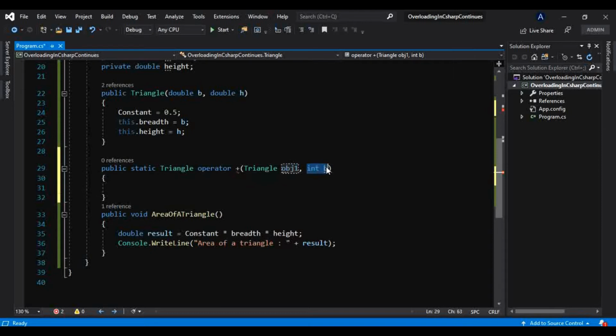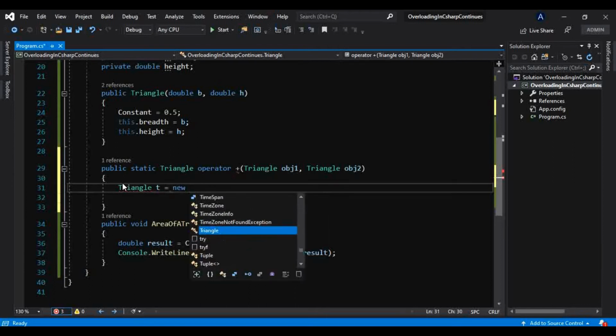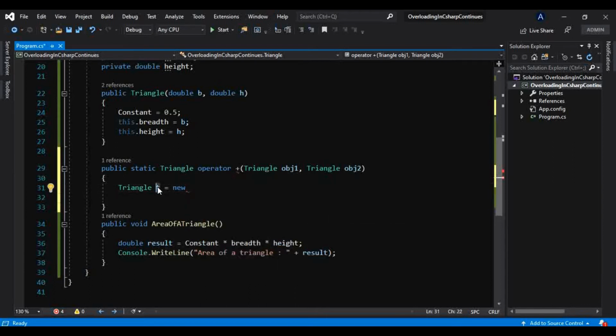And for that, let me take another Triangle, obj2, and let me make an object here. We have to do that. Why, I will tell you that. Let me take the name as obj, new Triangle.